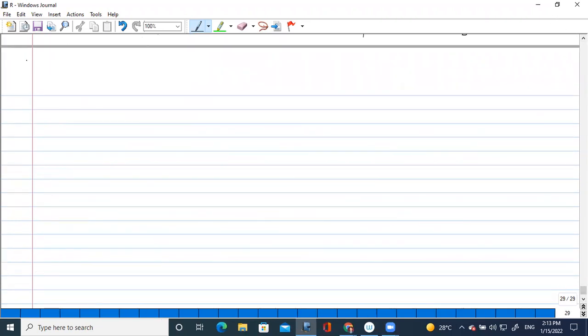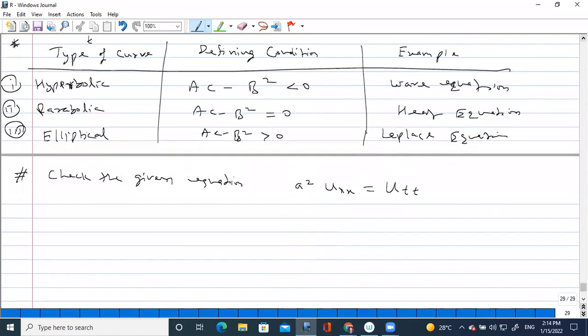Okay, so I will give you one equation. You have to check the given equation: a square uxx equal to utt. So this equation you have to check. Okay. So now comparing this with the general form,